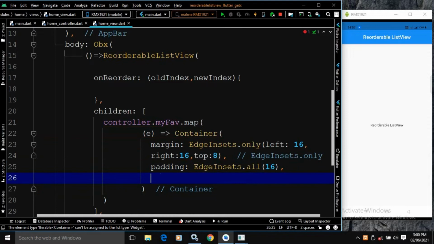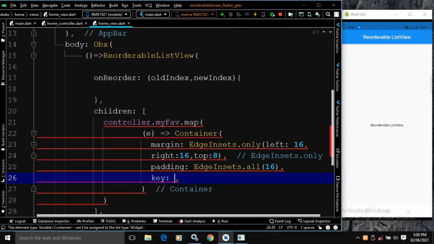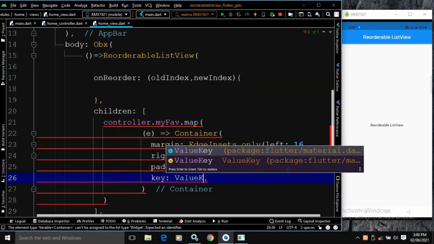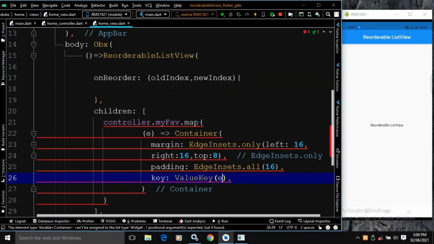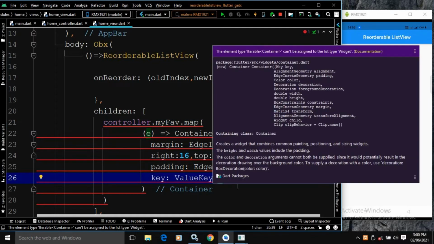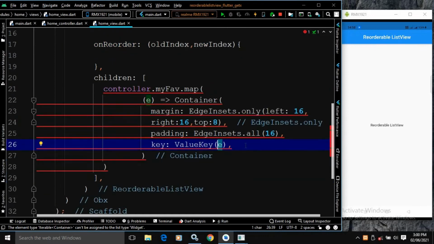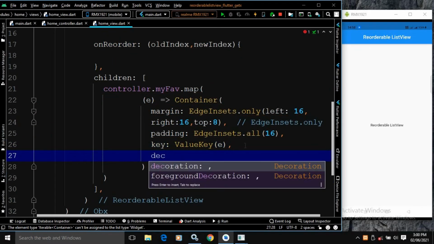After that, here I will use key. This key attribute is mandatory for all the children of reorderable list view. So here I will use ValueKey, and in the ValueKey I will specify the value of e. So all the values which are traversed from this list will be the ValueKey for this particular container. After that, here I will use decoration.